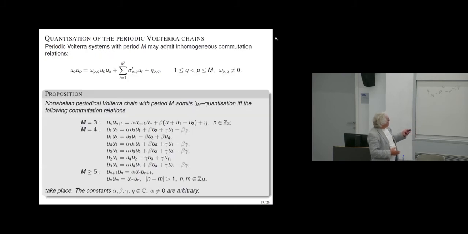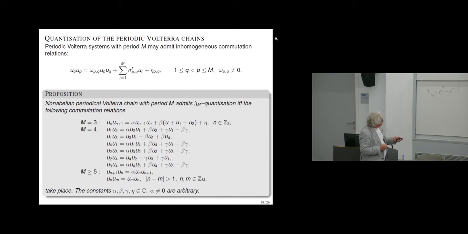Right? And then if you have a finite number of equations, you can afford to study more general ideals like quadratic, linear term, constant term. And then this ideal automatically satisfies that everything can be swapped and normally ordered. But if you try to differentiate this ideal with respect to Volterra dynamics, you will discover the following picture. If m equals 3, the ideal is generated by these 3 polynomials. So alpha, beta, and eta, only 3 constants survive. If m equals 4, also 3 constants survive, but in a very different way.